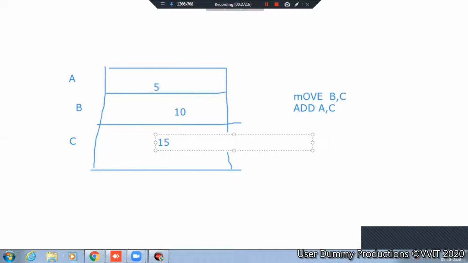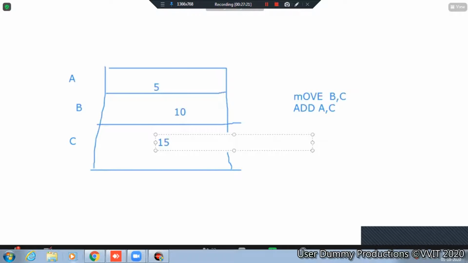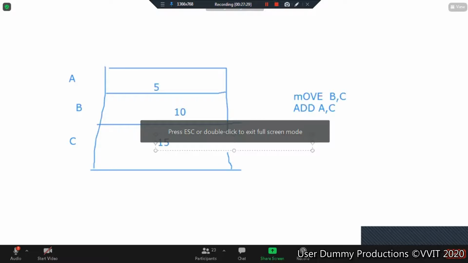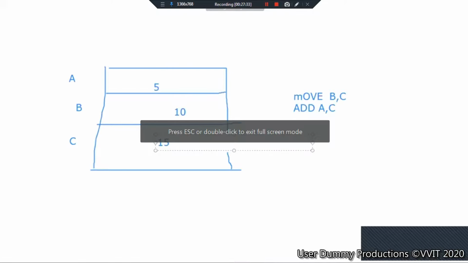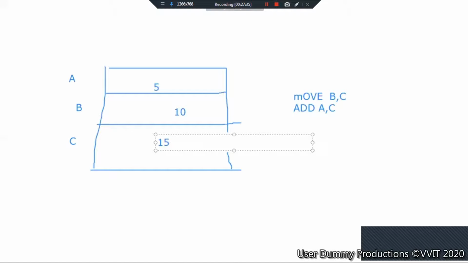Fast, only 5 minutes left. Nobody understood then?